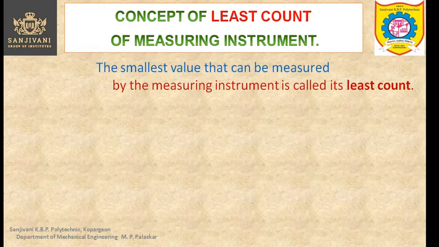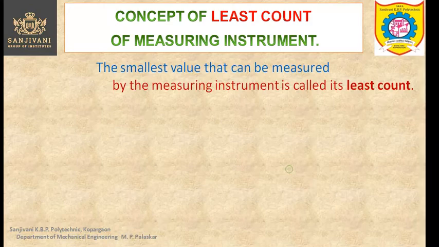So the least count is specified for a particular measuring instrument. If the measuring instrument is changed, the least count may change. Two measuring instruments measuring the same physical quantity may have different least counts. It is also true that the minimum difference in the values which is measured is always more than the least count. The difference in the two values measured by a particular instrument cannot be less than the least count of